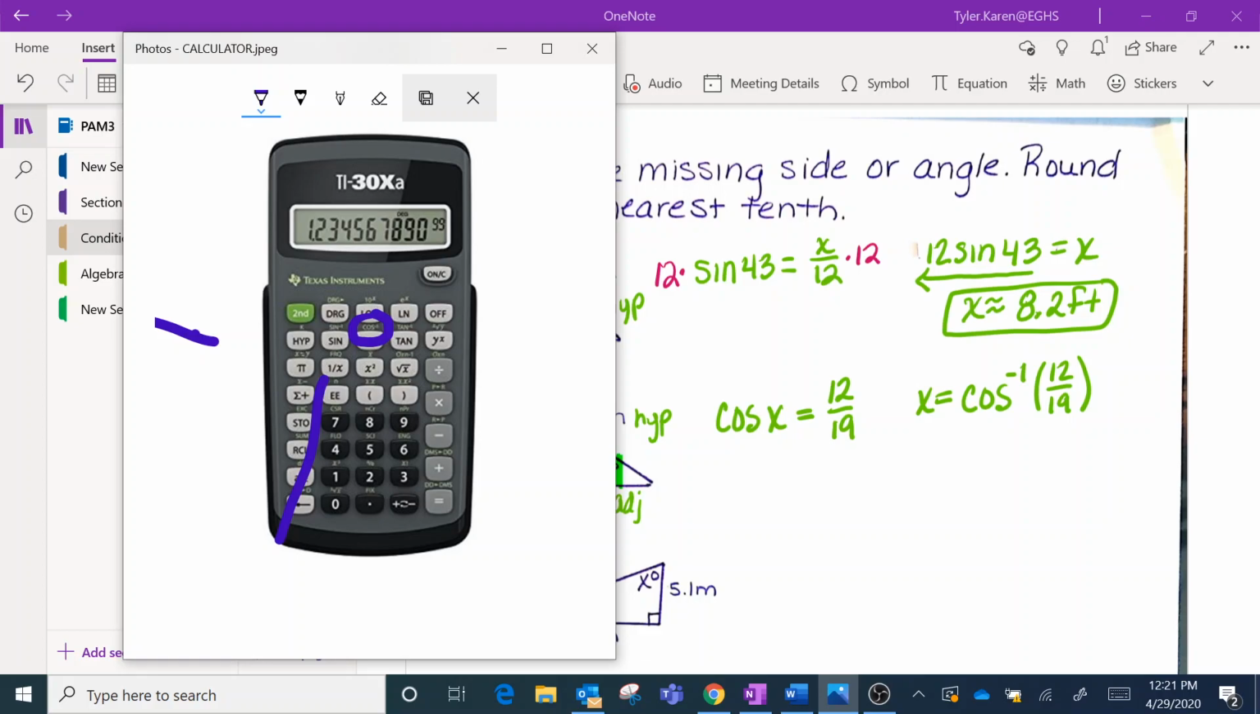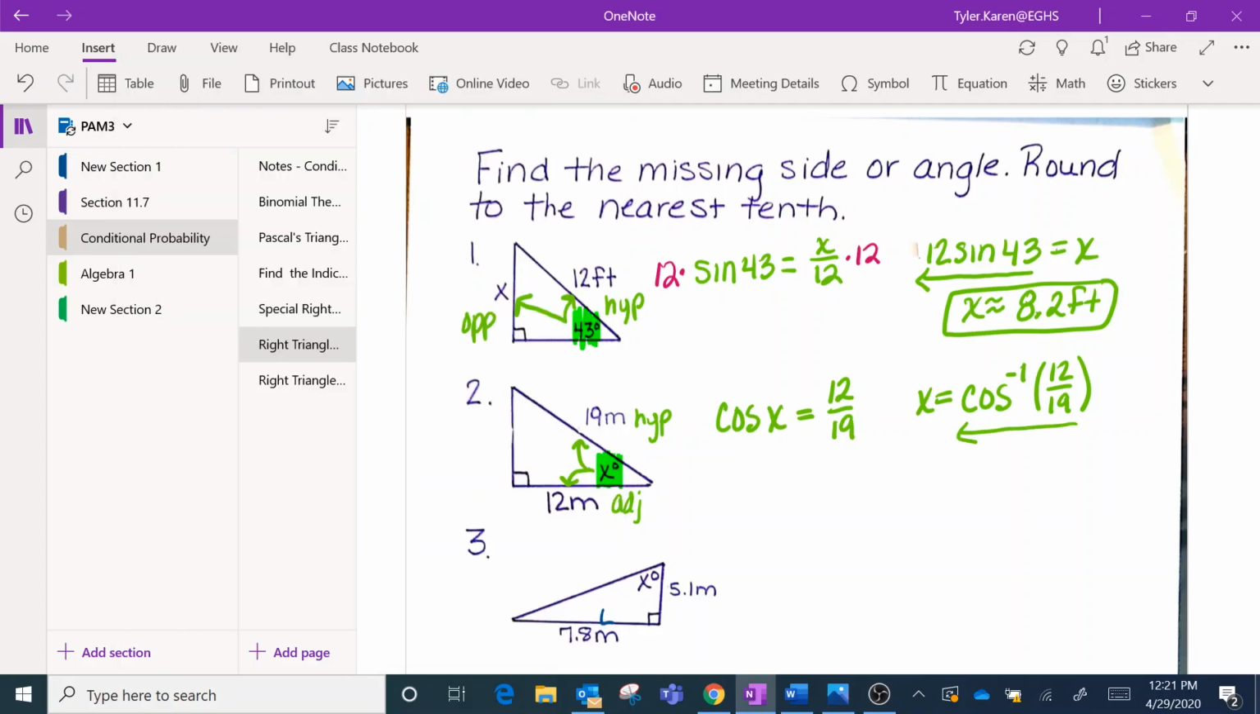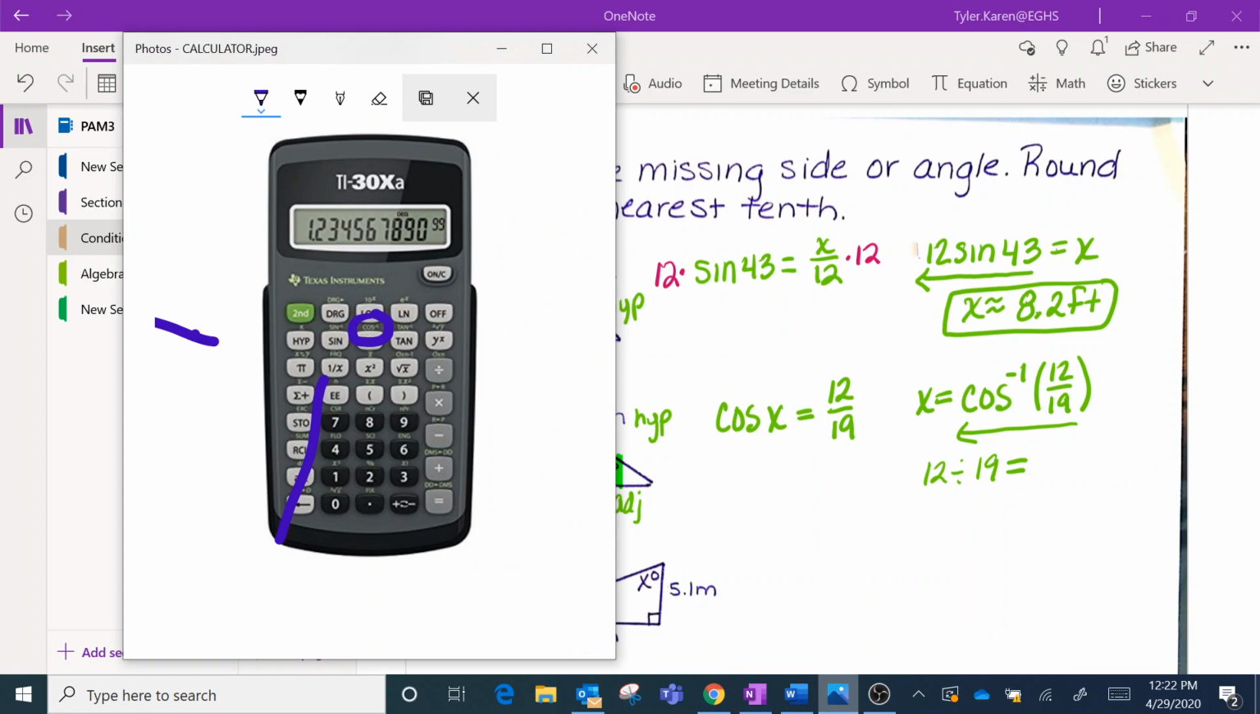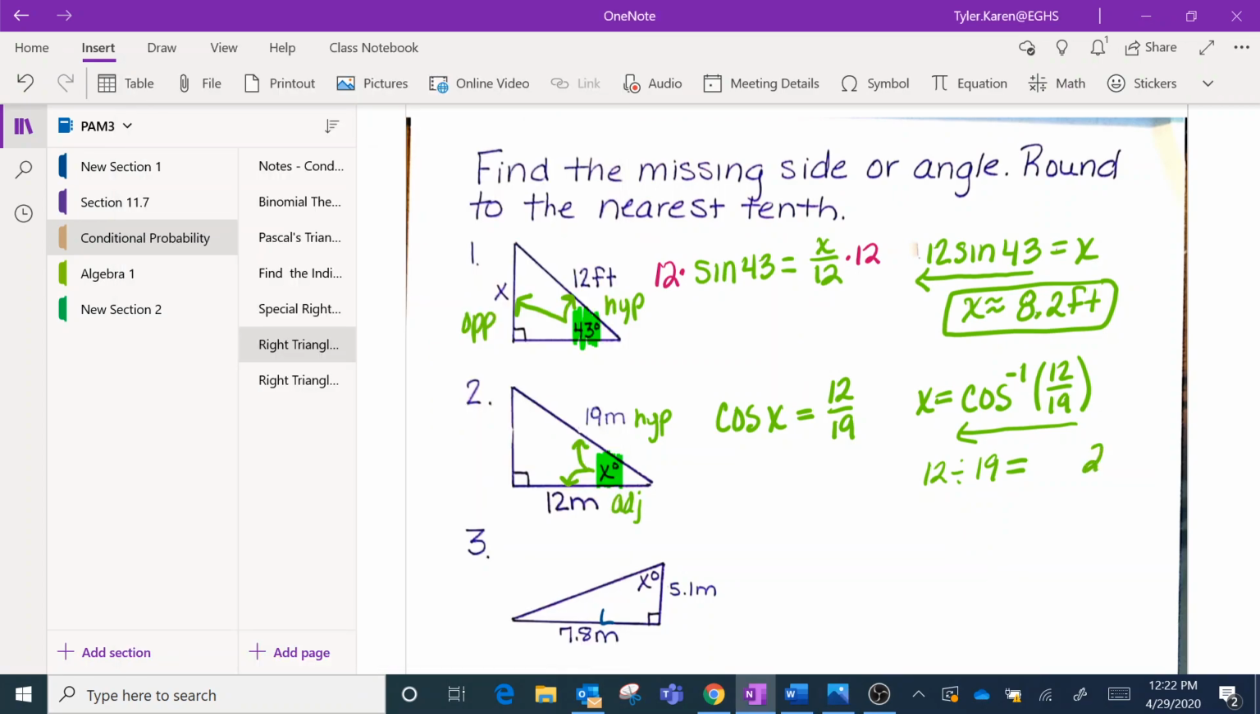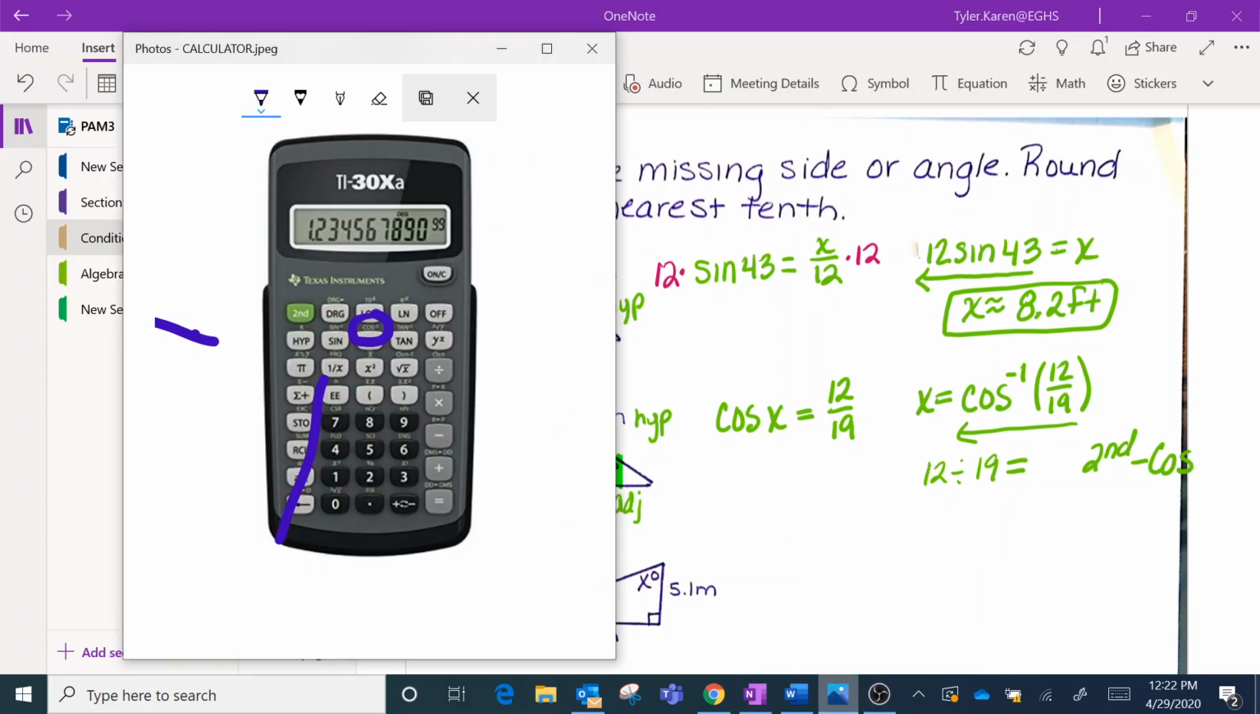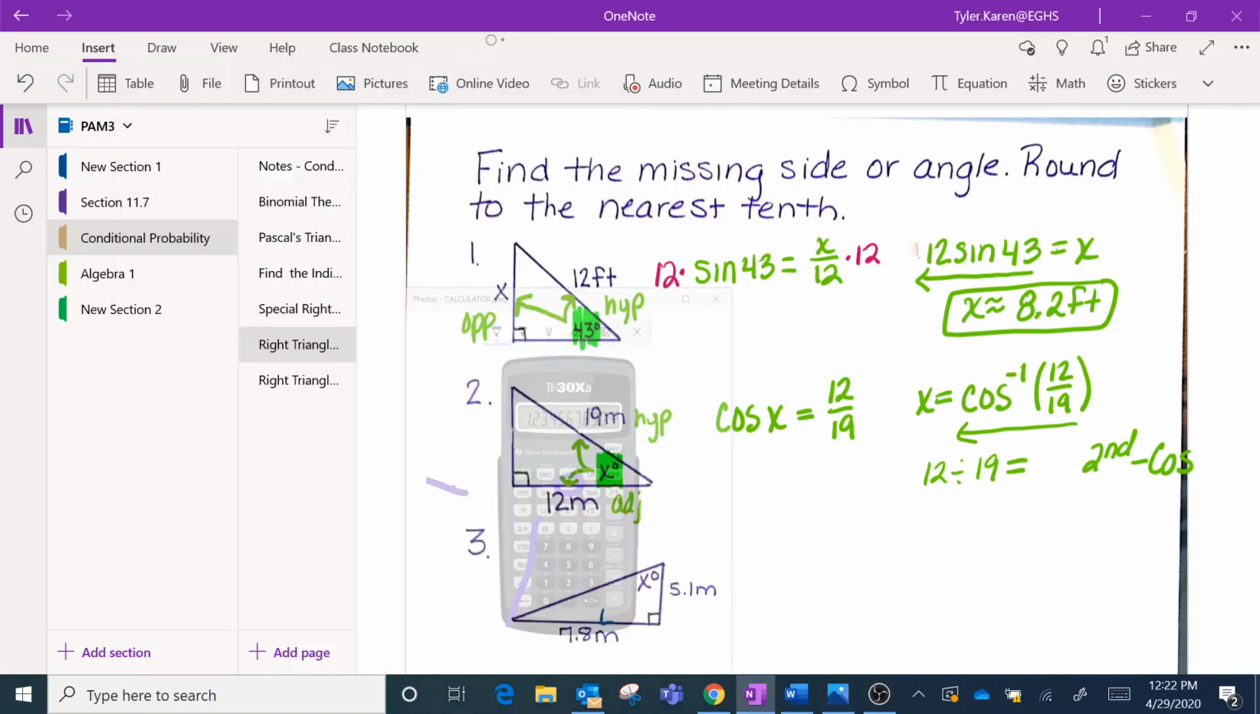So in your calculator, you also have to work this one backwards. Put in 12 divided by 19 first, and hit equals. Then you're going to hit the second button and then your cosine button, which is going to give you the inverse cosine function. If you've got it in right, you should have ended up with